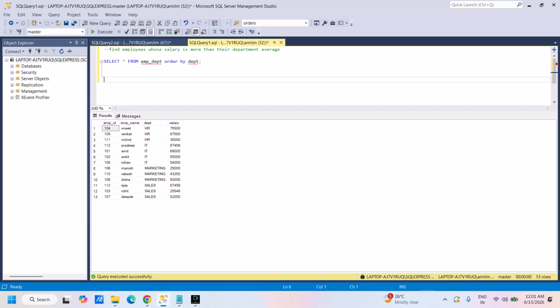So we have this source table, employee department, and we can see four columns here: employee ID, employee name, the department to which this employee belongs, and the salary that this employee is earning. What we have to find here is, out of these three employees from the HR department, which of these three is earning more than the average salary of their department, and similarly for all these